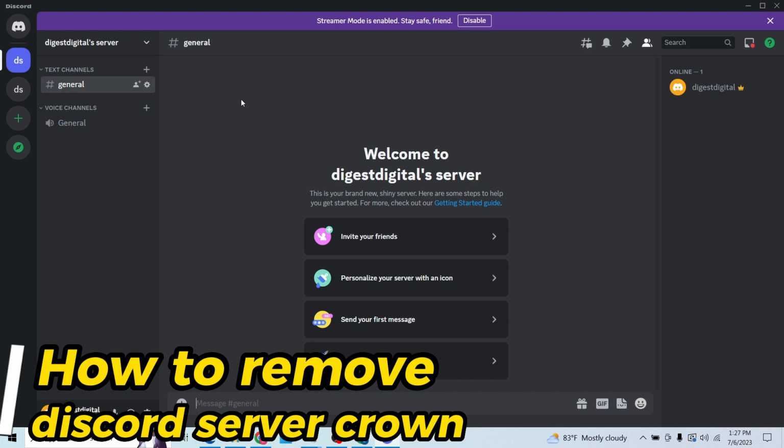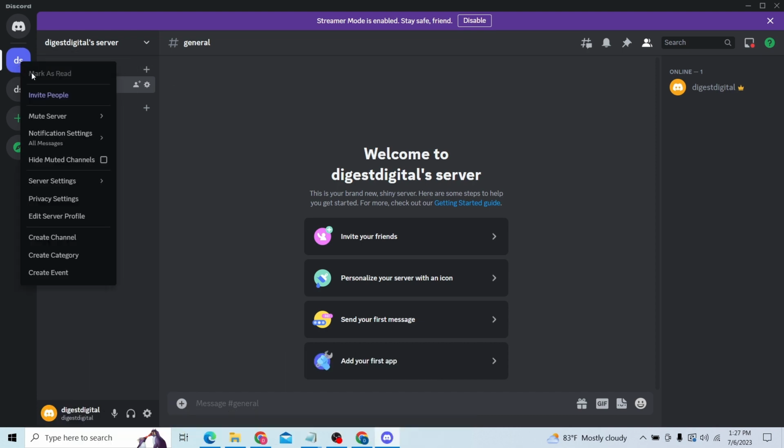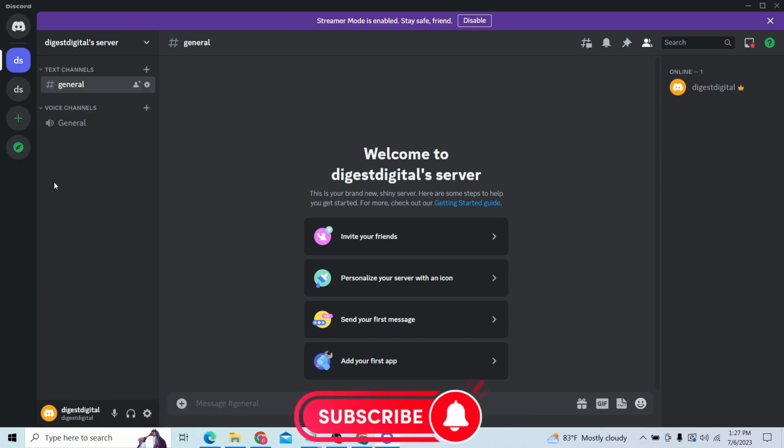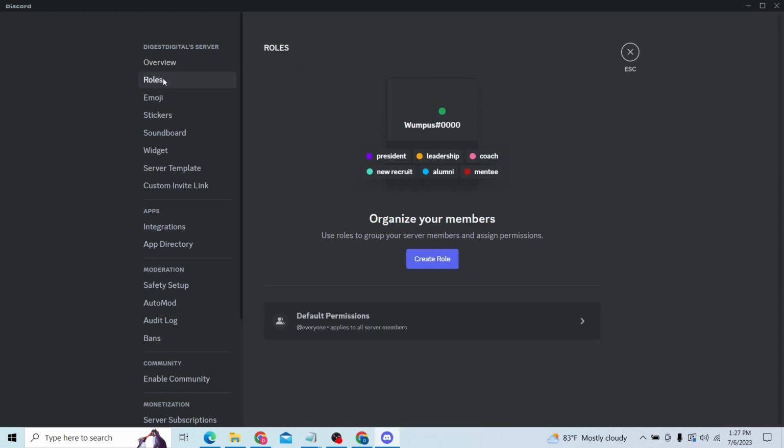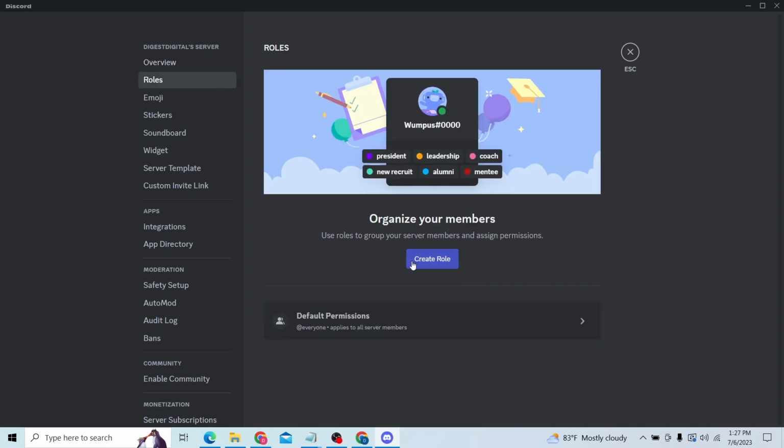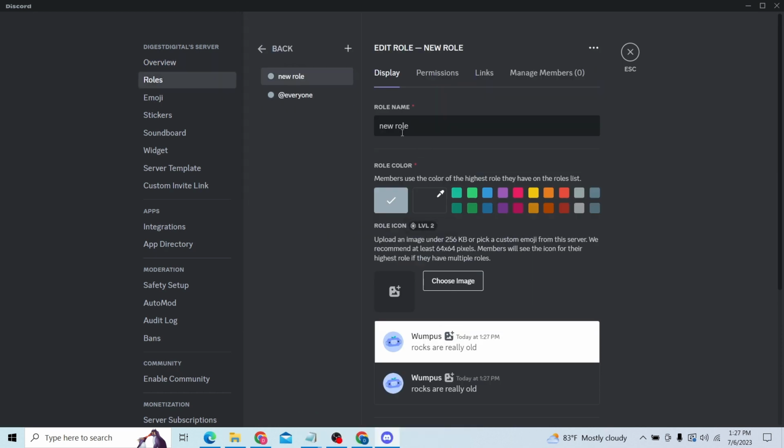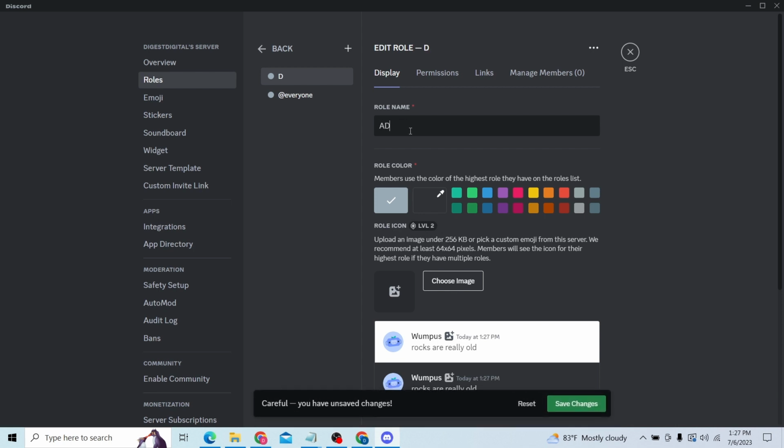in this video I'm going to show you how to remove your Discord server crown. So to do that, first go to your server and right click on there and click on server settings. So here you can see roles. So here create a role and give your role some name. So I'm just going to give this name admin,